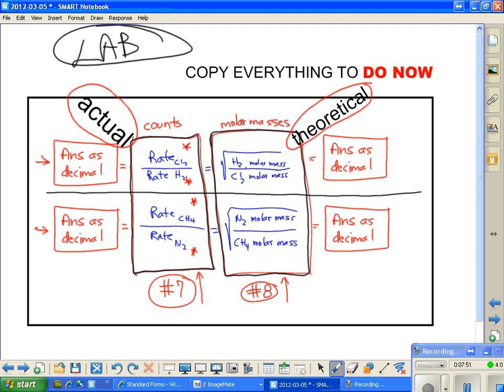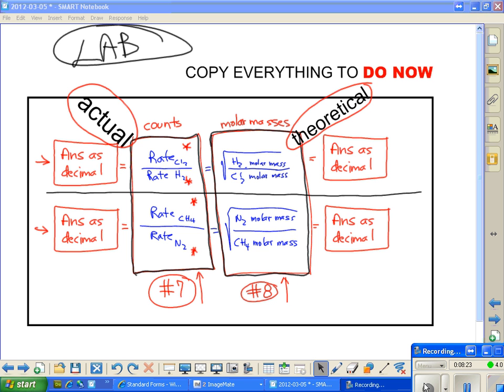What I want you to do right now is open up to your whiteboard section and copy this in as part of your do now. You want to copy the whole screen. I needed you to copy not only the whole screen, but instead of writing in answer as decimal in the red boxes on the far right and the far left, I want your actual answers. Because you're going to use those to do a